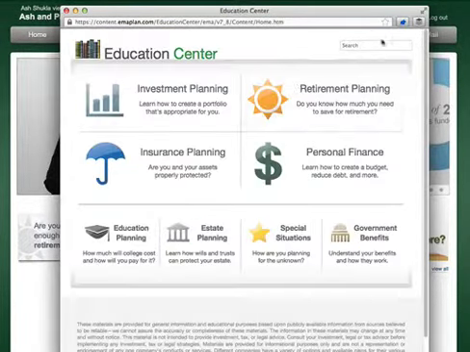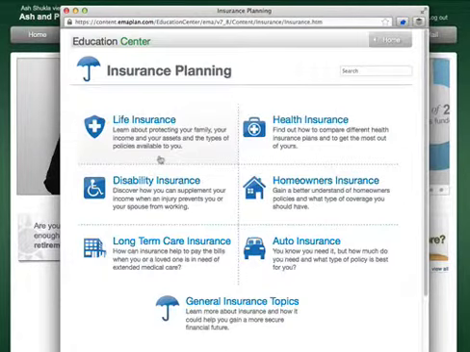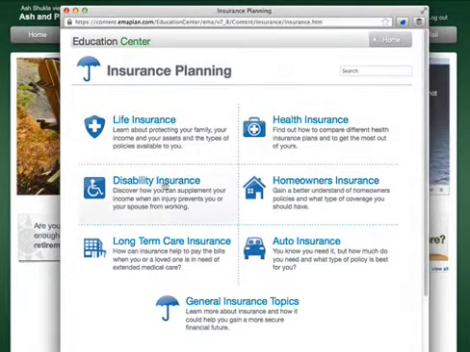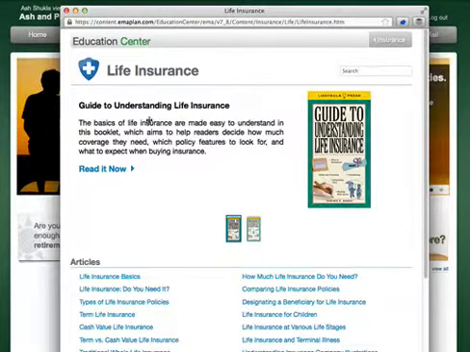Let's say that you want to understand about insurances. No problem. You've got that right here: life insurance, health insurance, disability, homeowners, long-term care, auto insurance, and general insurance topics. They are right here. If you click on it, it will go a little bit further, and now it will